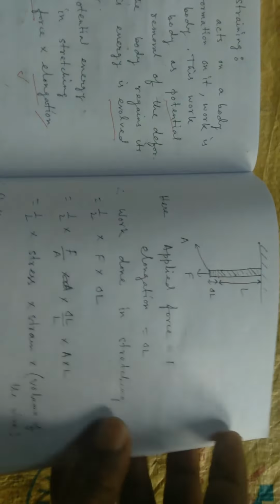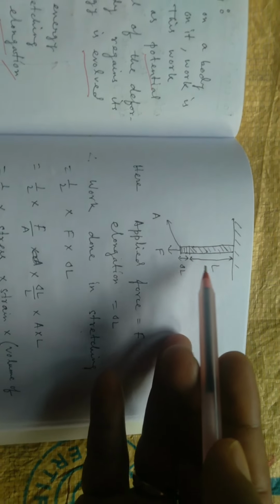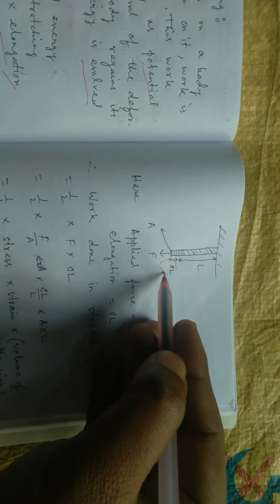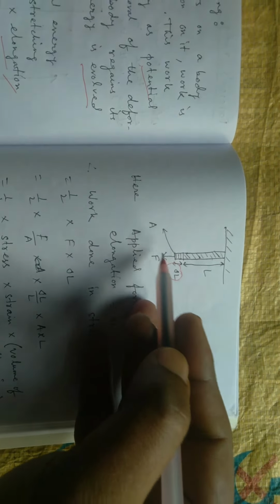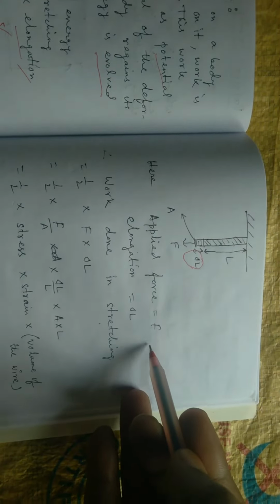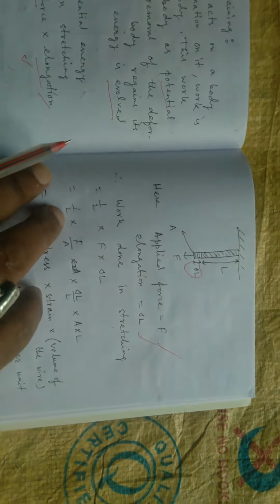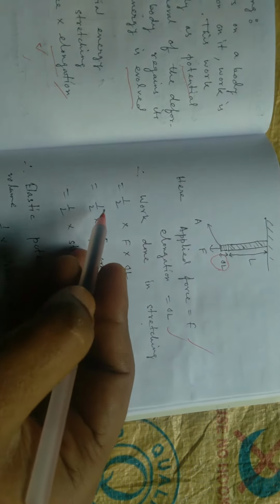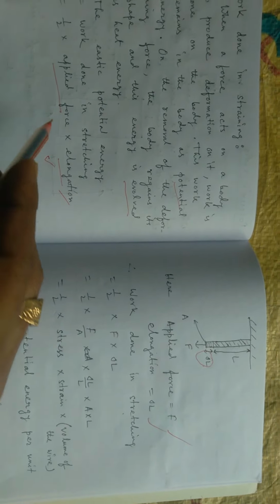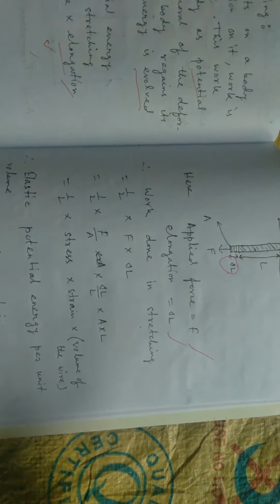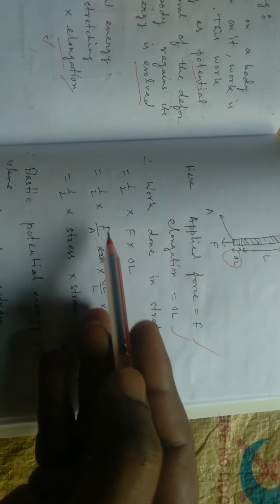If we take a wire of length L hung from a wall, and we introduce a force F, the elongation is delta L, and the cross sectional area of this wire is capital A. So the applied force is F, elongation is delta L, and the length of the wire is L. Work done in stretching is, as I have said, half into applied force into elongation. So it will be half into F into delta L. We can rewrite it in this way: half into F by A